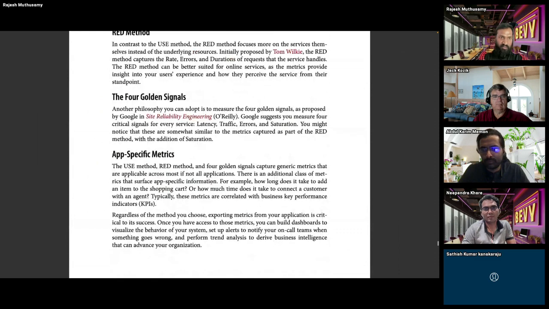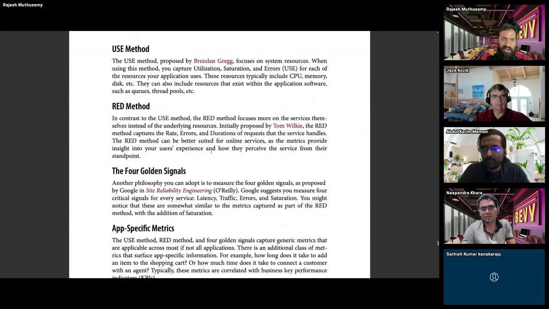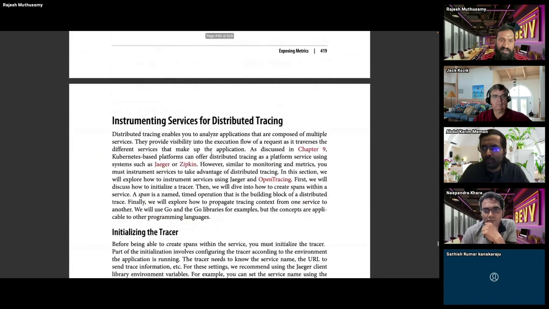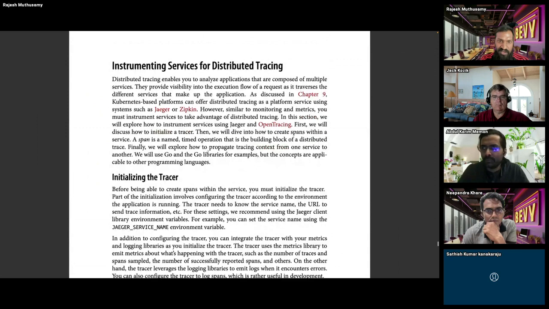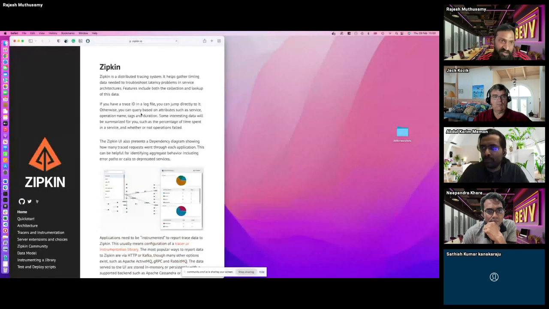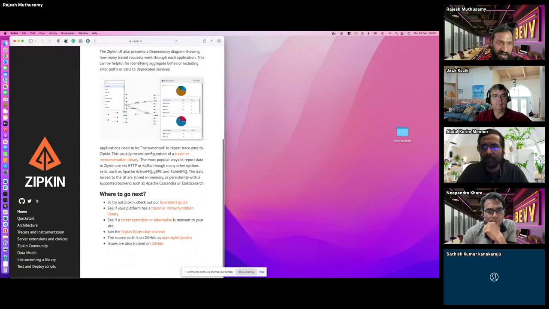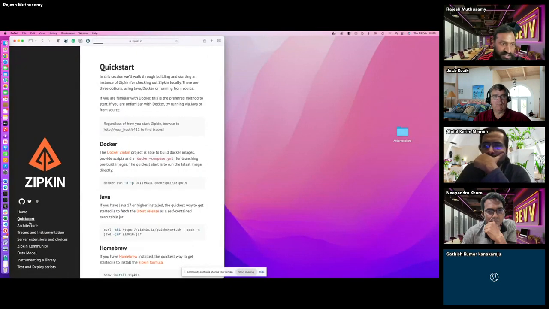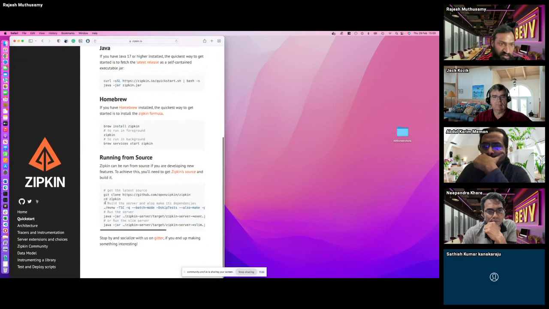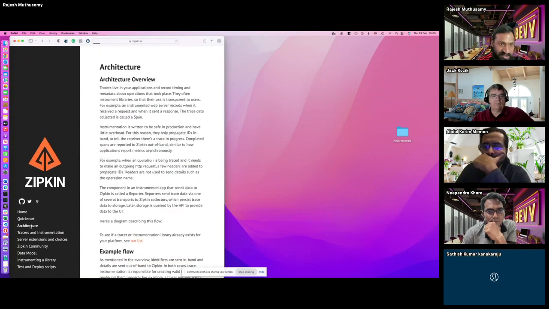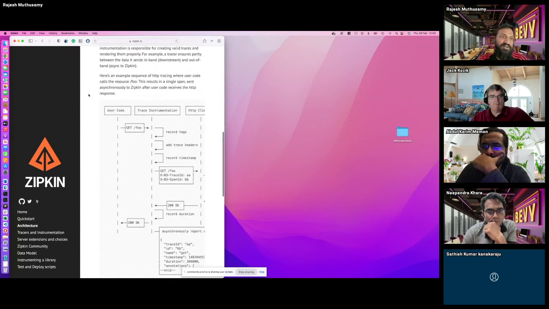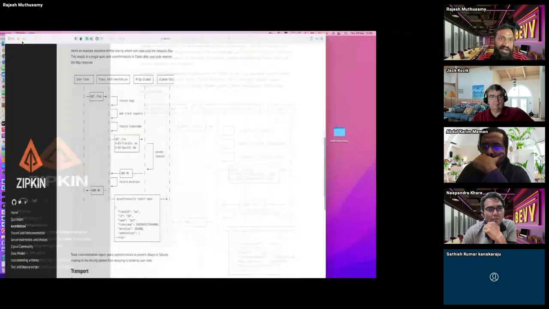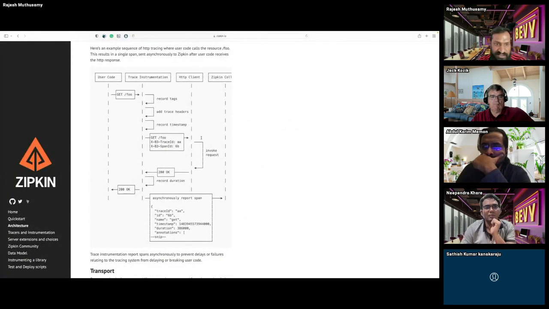So we were talking about the Jaeger tool, and that's a part of instrumentation, instrumenting services for distributed tracing. That's what I was talking about. There is Zipkin, I think. Sorry to go here again. I wanted to show this, I don't want to miss this particular stuff. So that's not Jaeger, I was seeing this Zipkin tool